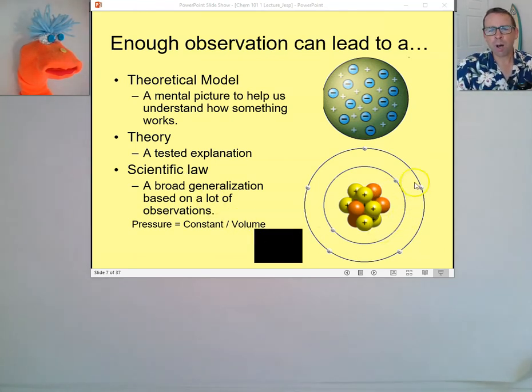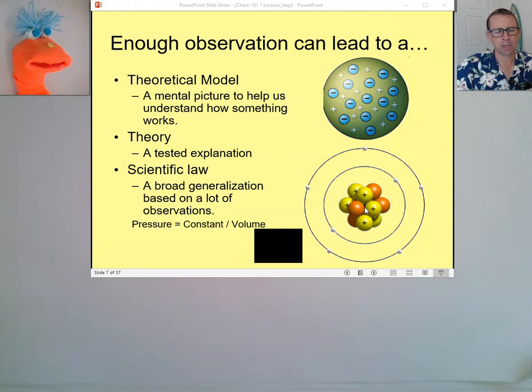Our model of the atom has changed over time, and this is probably what you're more familiar with in terms of the model of the atom. Are you familiar with this? Yeah, I know what that is. Okay. What do we have in the middle? What do we call that? The nucleus? That's right, the nucleus. And then around the outside, do you know what these little things are here? Those are electrons. Very good.